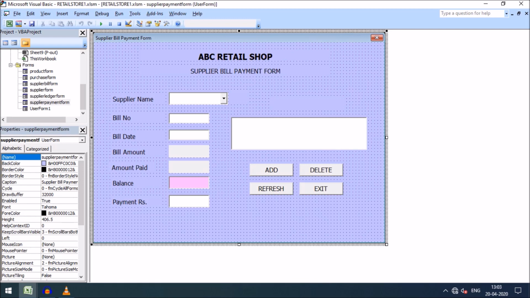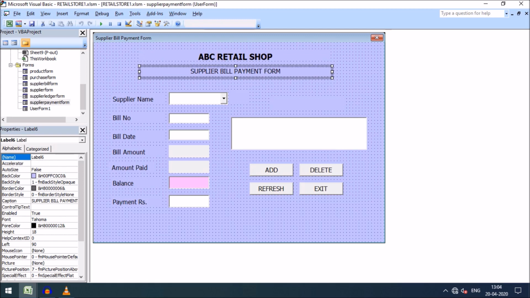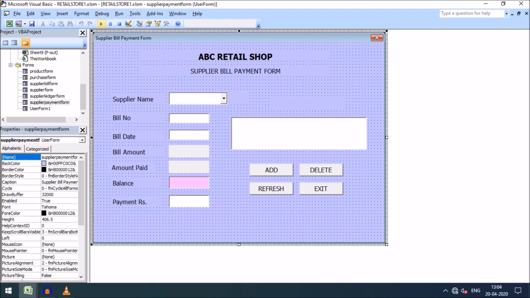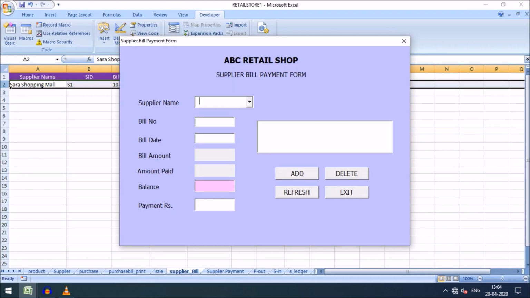I have designed this form in a simple manner, and you can see some controls. I want to input some data in this form, like the supplier name, which has been added in the initialize section.